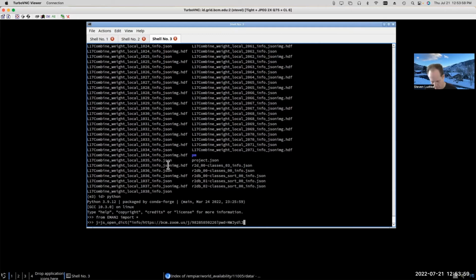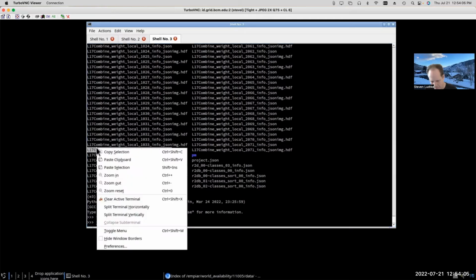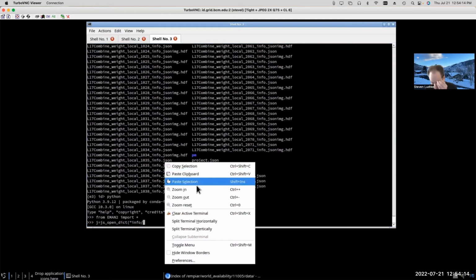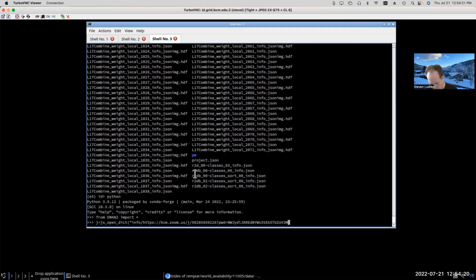Oops. Copy paste didn't work right. Still didn't work right. Sometimes with my VNC sessions, the copy paste stops working. Let's try that now.